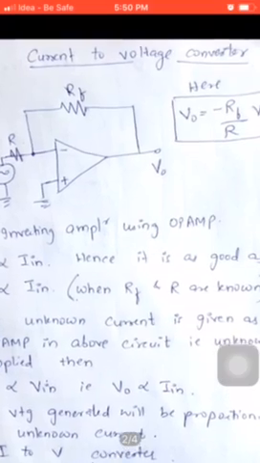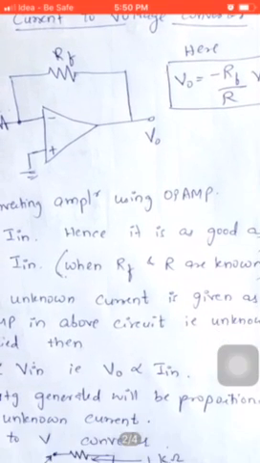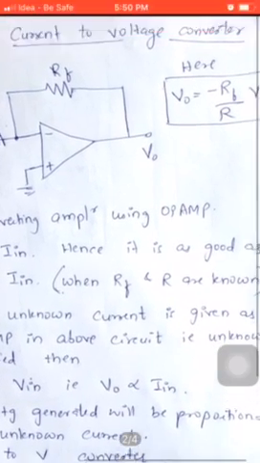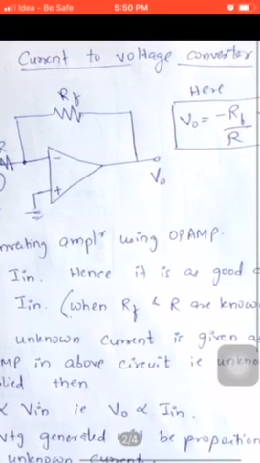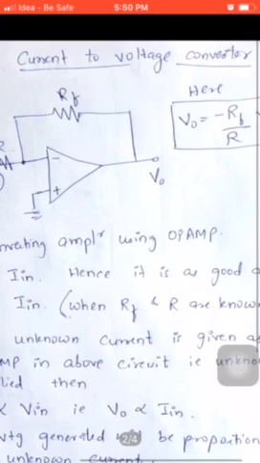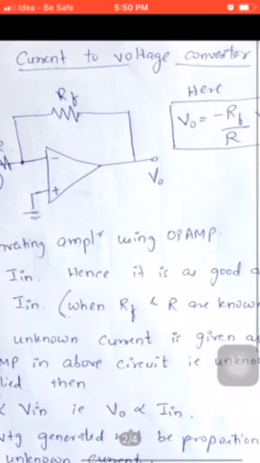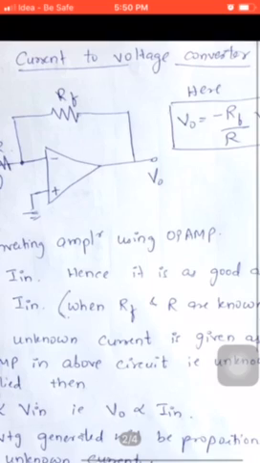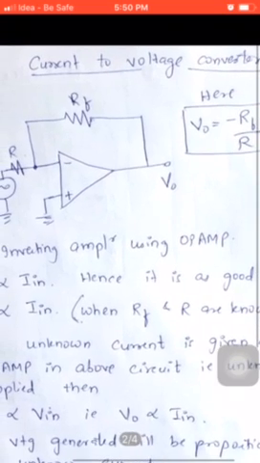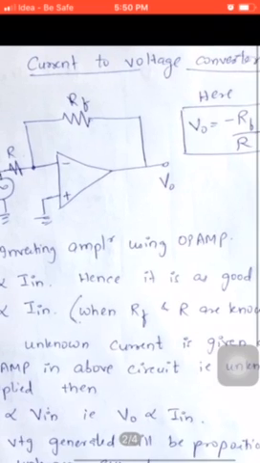Yeah. So after we've studied what a resistance to voltage converter is, now we need to know what a current to voltage converter is. Okay, so in the earlier case, what did we do? We converted an unknown resistance into some amount of equivalent voltage. So what is this going to do? The current to voltage converter is obviously going to convert an unknown value of current into an equivalent amount of voltage.